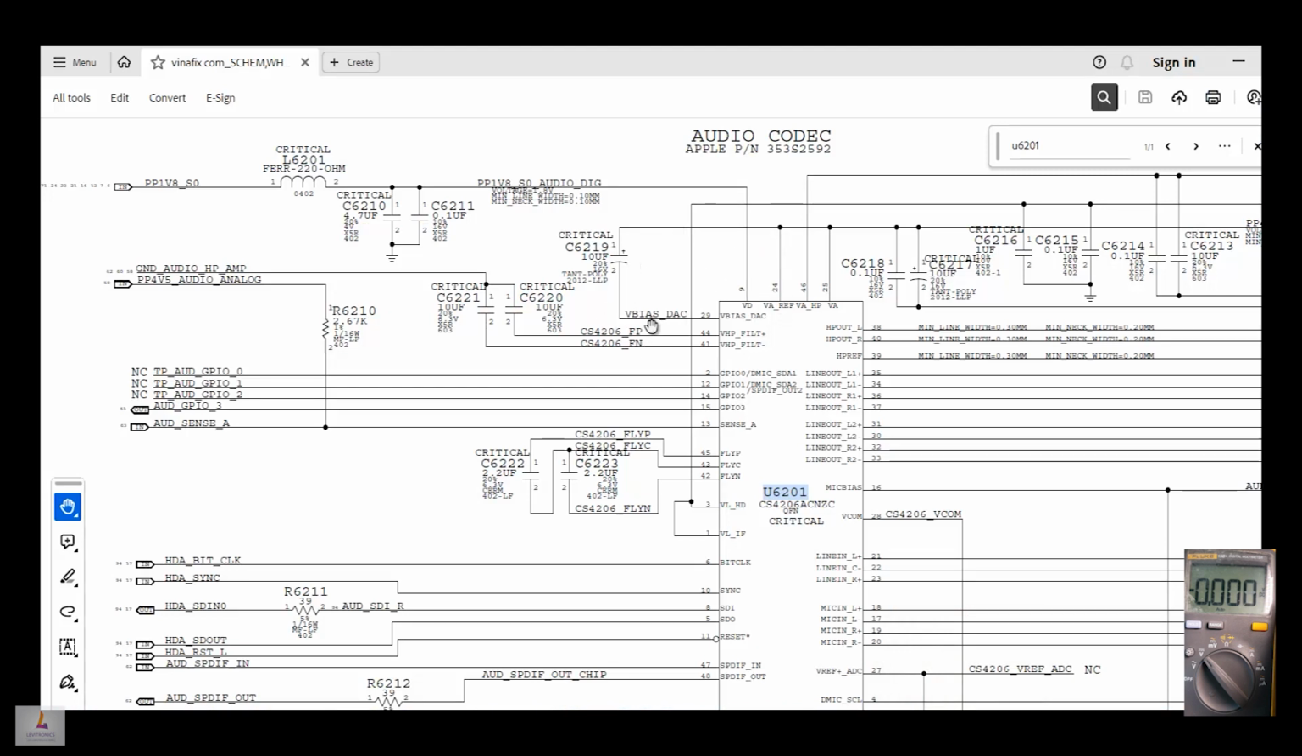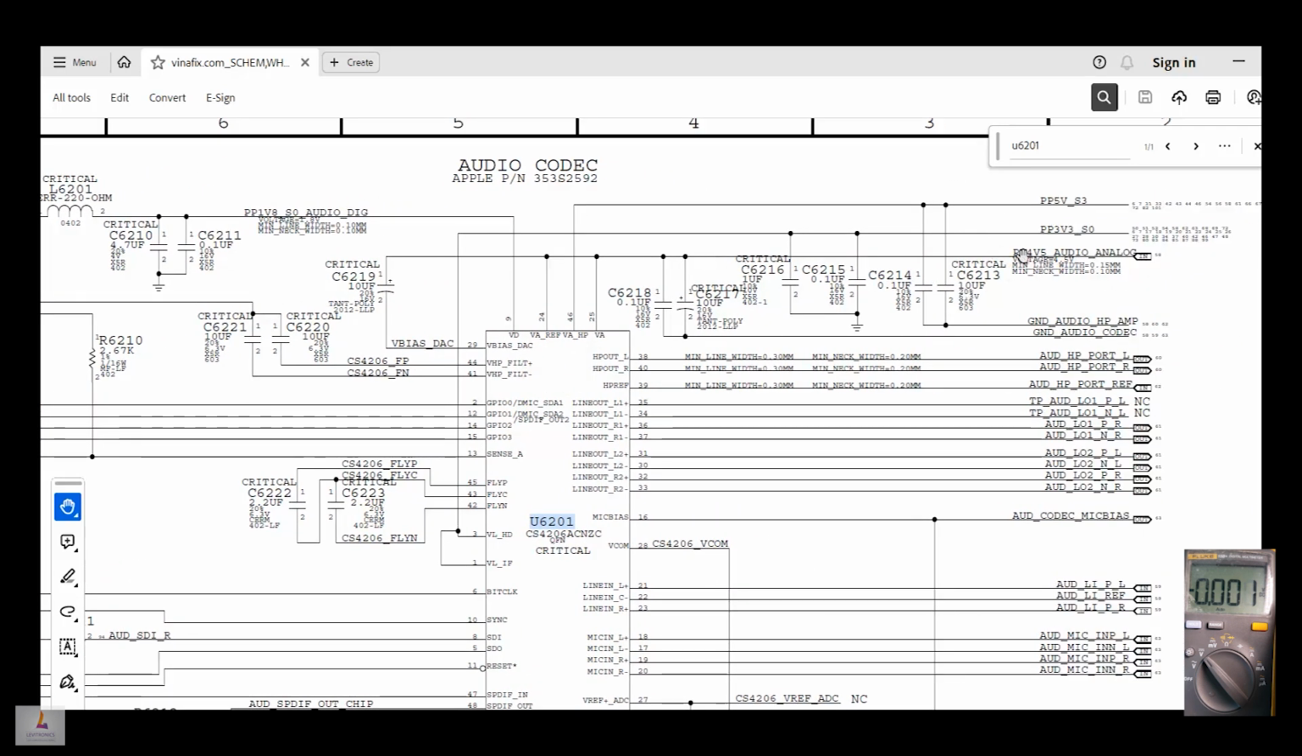Let's look for the second power rail, VA. So we trace VA. That is PP4V5_AUDIO_ANALOG. This is the power supply that goes to the analog side of this chip. So we are supposed to read 4.5 volts on this rail, and we can check that on any of these capacitors,